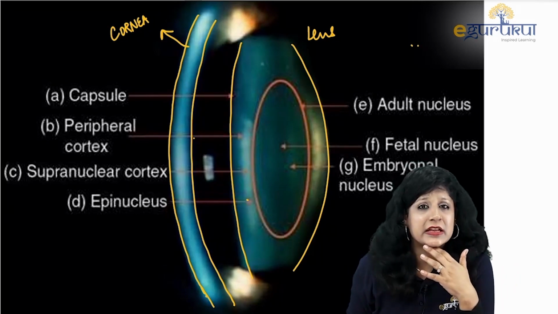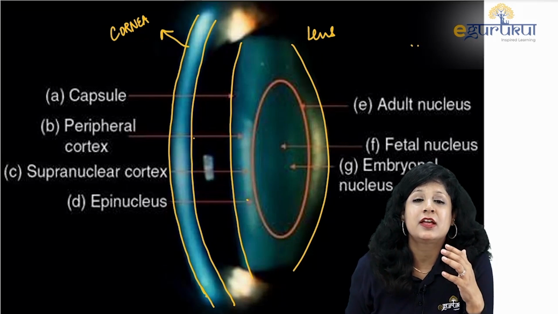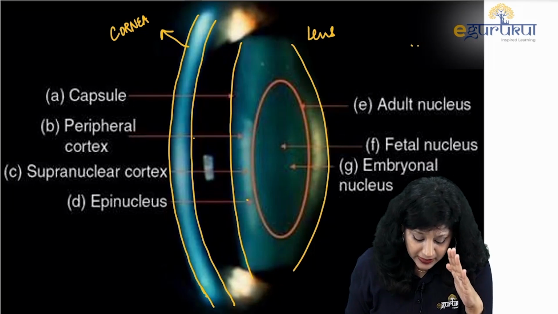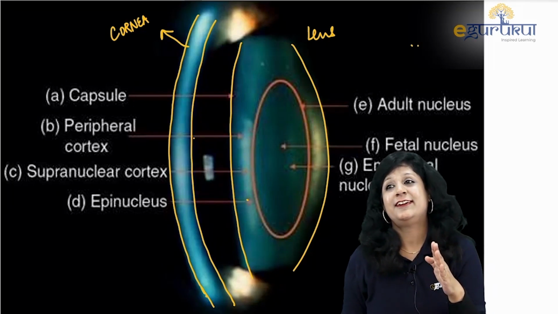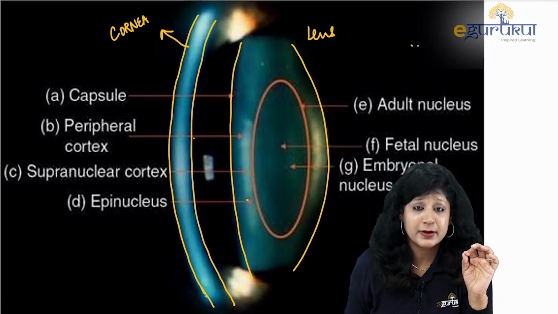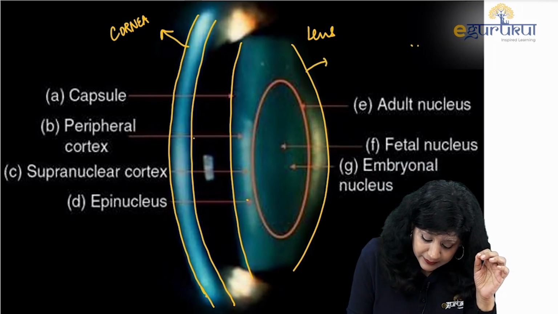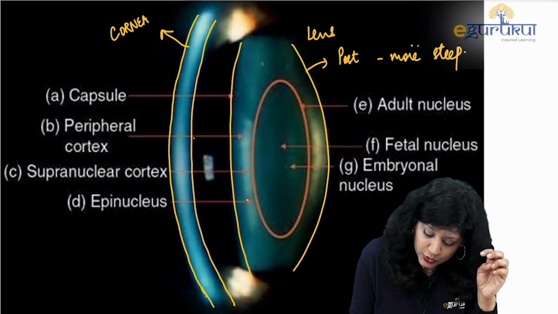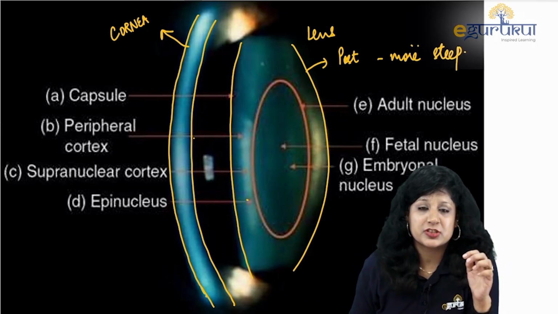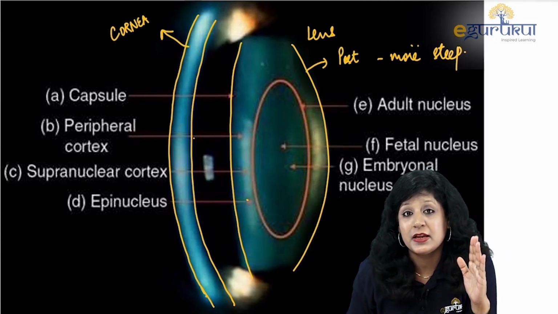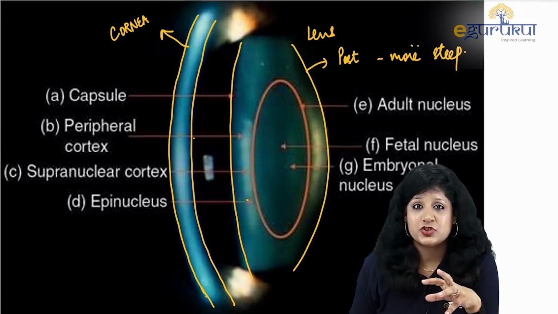And I don't think that they will ever give you a slit lamp photograph where they are not showing you the corneal shadow. They have to give it. Okay. Now in the slightest of incidences, suppose they do not give it, then also don't get disheartened, because you know that the posterior surface is more steep. Okay, so by that also you will come to know which is anterior side, which is posterior side. But nevertheless, I think they will always accompany the corneal shadow with the lens shadow, and you'll get to know.